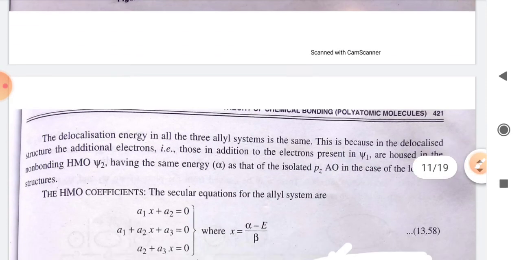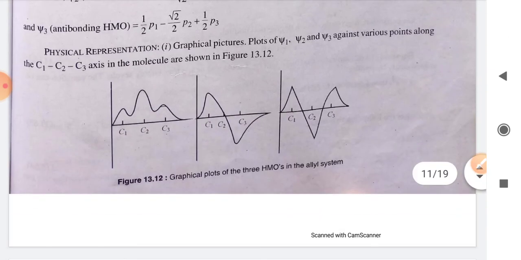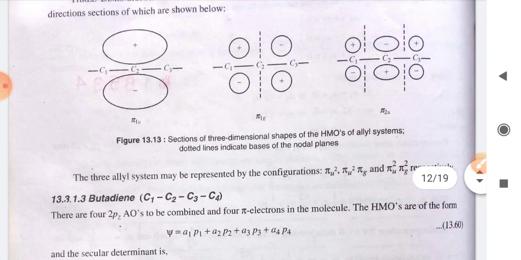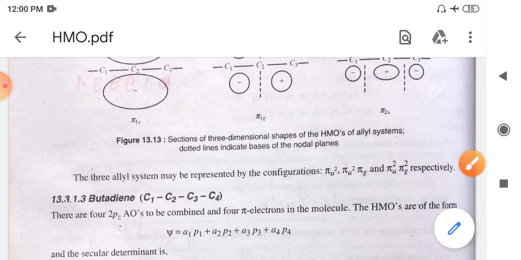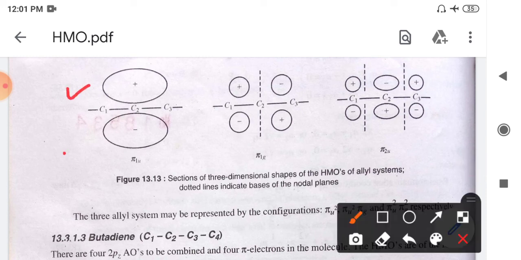Okay, so we need to plot the spherical plots. Spherical plots will be obtained by simply plotting the density. Okay, if we plot the positive sign, it means there is a maximum probability, and if we plot the negative, it means there is a minimum probability. Okay, so for psi 1, here we will have the maximum probability, here the minimum, here maximum, here minimum. For C1, and for C2 it is 0, so it contains one nodal plane, and for C3 it is negative at the upper part and positive at the lower part.